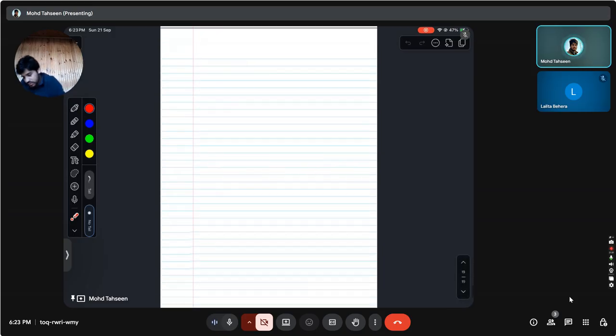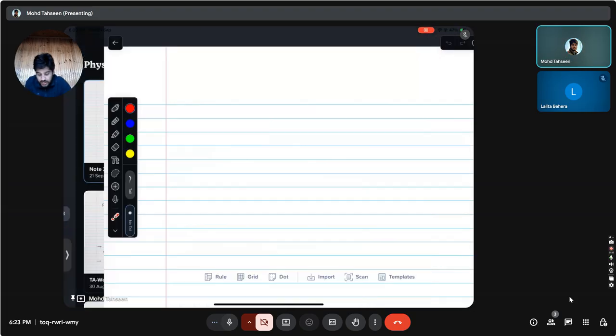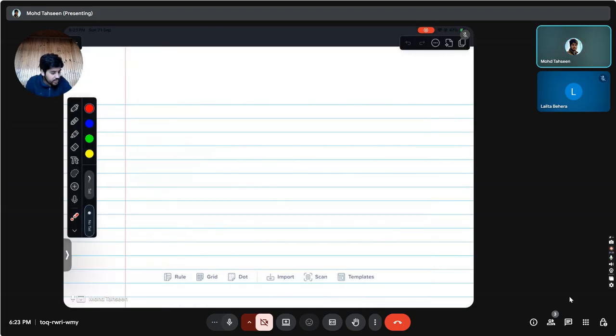So now in today's lecture, what we would like to do is basically develop a theory which gives us an idea about the number of states or number of electrons present at a particular energy level. Because the trend that we saw earlier only gave us partial information, only the probability of occupancy of that energy level. It did not tell us anything about the number of electrons or the number of states present at that level, right? So that's where we are heading towards.